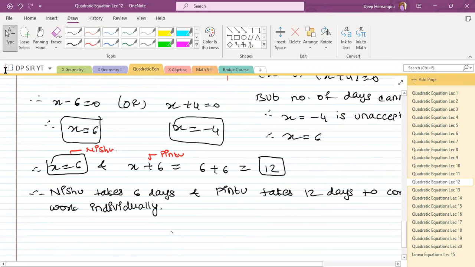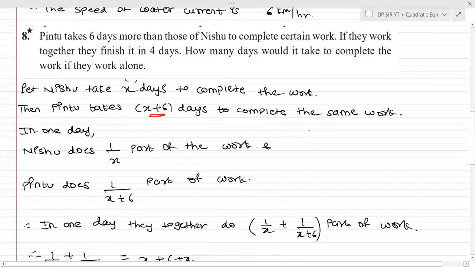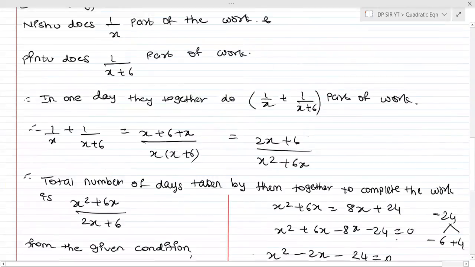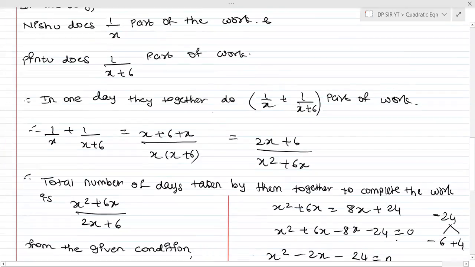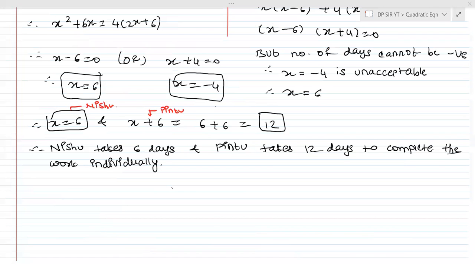Okay, so now if you check the video time, मतलब जो टाइम पे हमने क्वेश्चन चालू किया था, 9 मिनट पे हमने ये क्वेश्चन चालू किया, and now it's 20. So I told it will take 12 minutes. So it took 12 plus 8 is 20. Okay. So it was not difficult, it was conceptual and bit lengthy. So don't get afraid of such questions. These questions are mind-boggling, but they are easy if you understand the concept.